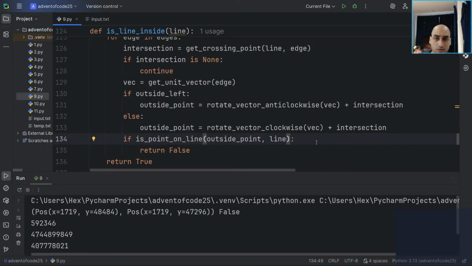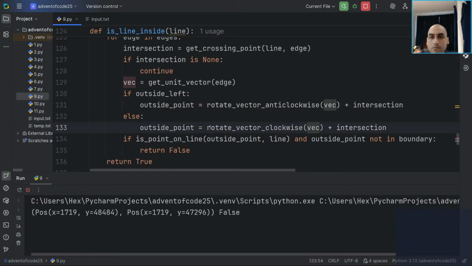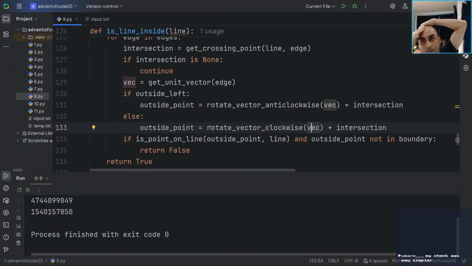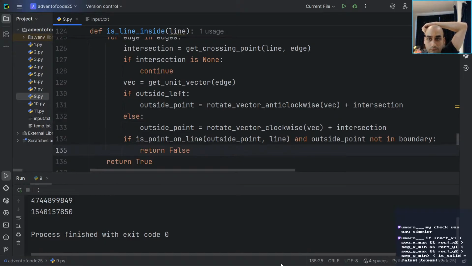Yeah, that's actually smaller. No, that's wrong then. If rectangle x1